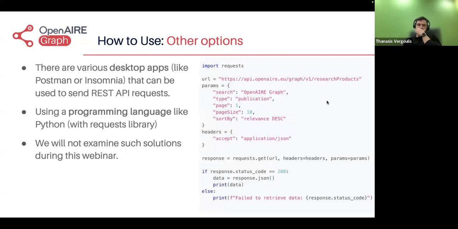And also, it is possible to write some Python scripts or programs in other programming languages to send the requests and then process and analyze the results inside your code